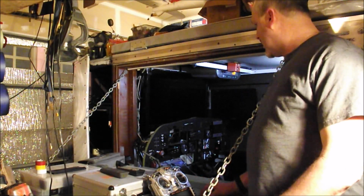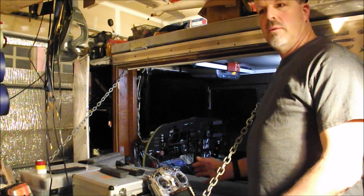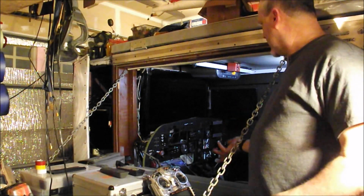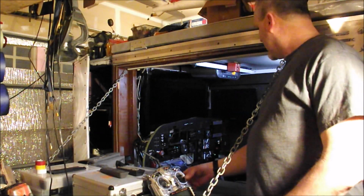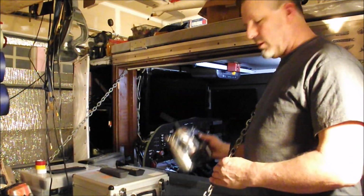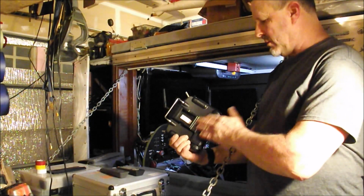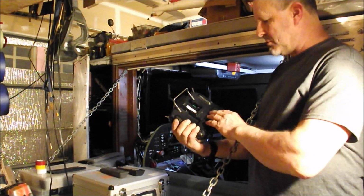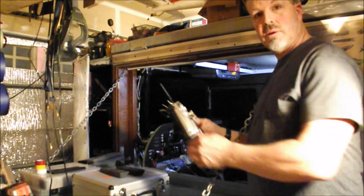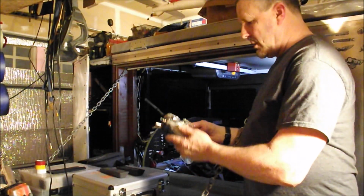Otherwise, I'm going to go through a couple of different videos to explain how I'm going to take everything apart, how I'm going to label it, pull all the rest of the wiring out, and integrate the wiring coming from the boards that are in the back. I'll also cover what features I'm going to add, including where I'm going to put the USB ports, the PPM port, and of course the sound port, which is going to go into the speaker system included in the lower section of the cockpit. Other than that,